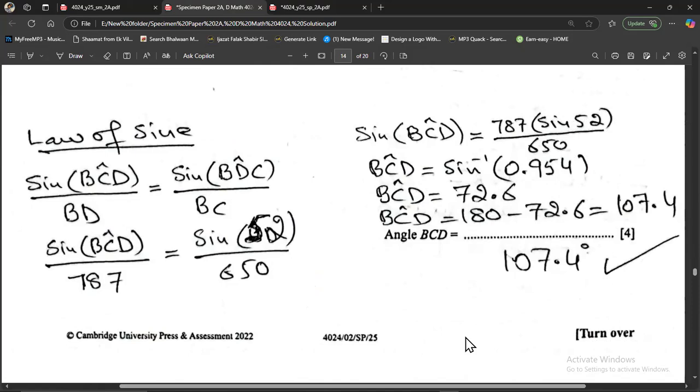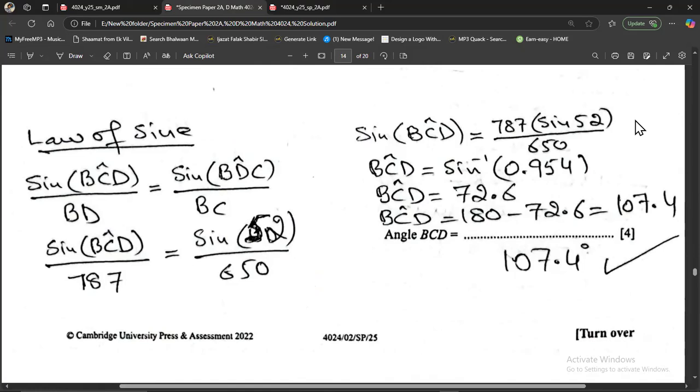The BCD angle I want to find out. So sine BCD divided by the opposite BD side, 787, equals sine of 52 divided by 650. So sine BCD will be equal to 787 multiplied by sine 52 divided by 650, that will be